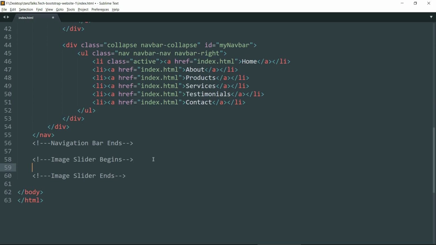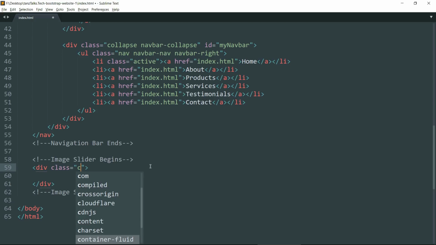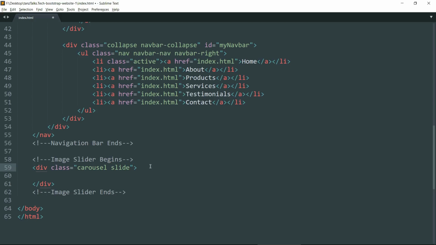Okay, now let's create a div tag and give it a class of carousel slide, and id my carousel, or you can write id carousel-1, it is better, and data-ride carousel.